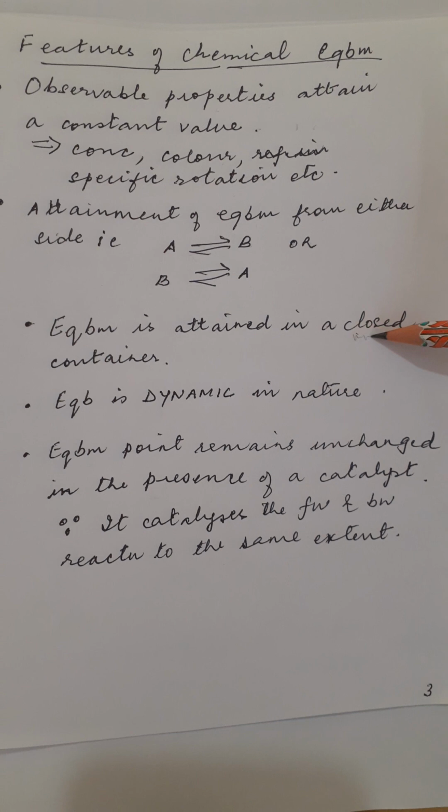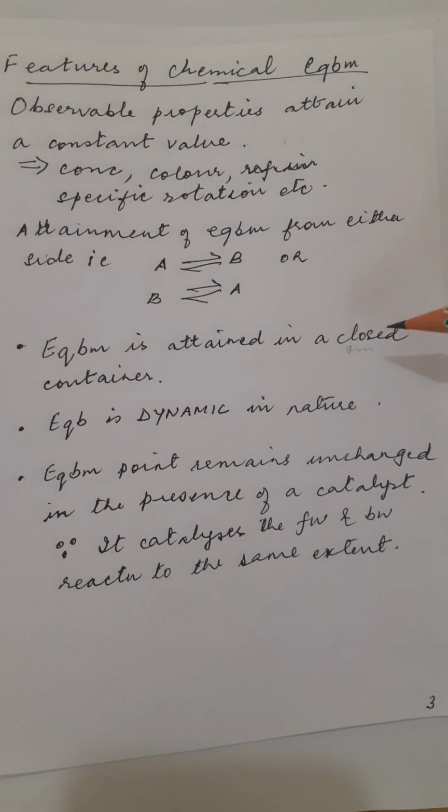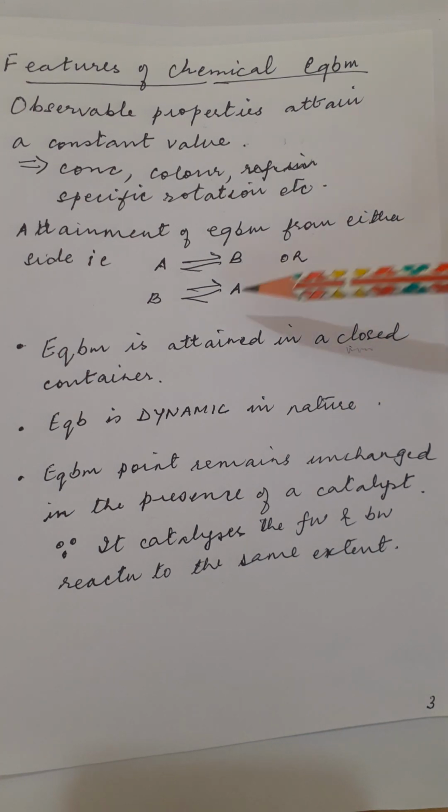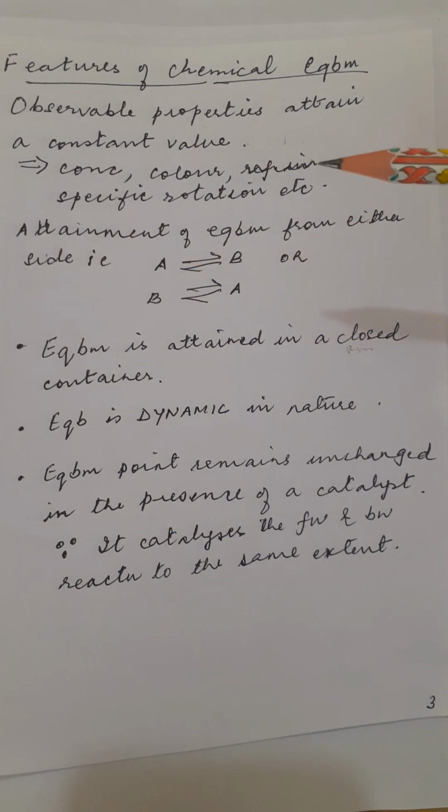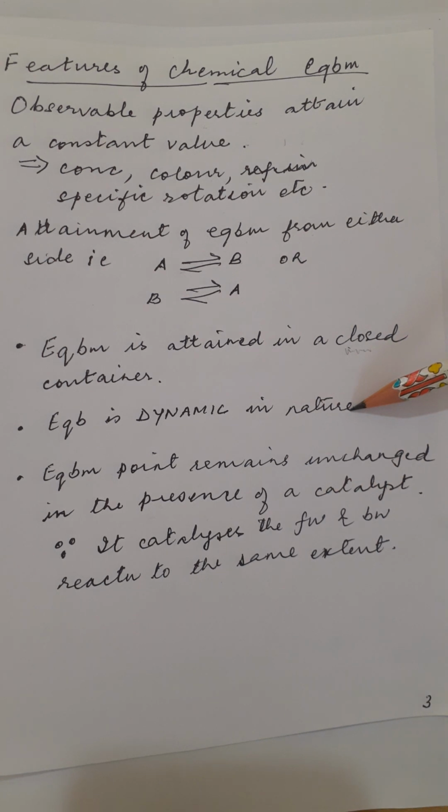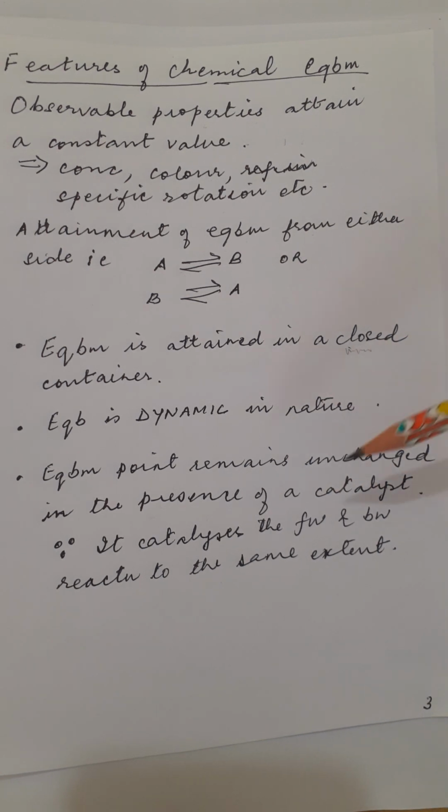This is an important fact. It is attained in a closed container so as to not allow the escape of any gas, reactant or product, which may be there, and if one of the components escapes, the backward process will not happen, or not allowing a solid to separate out. We discussed just now that equilibrium is dynamic in nature,